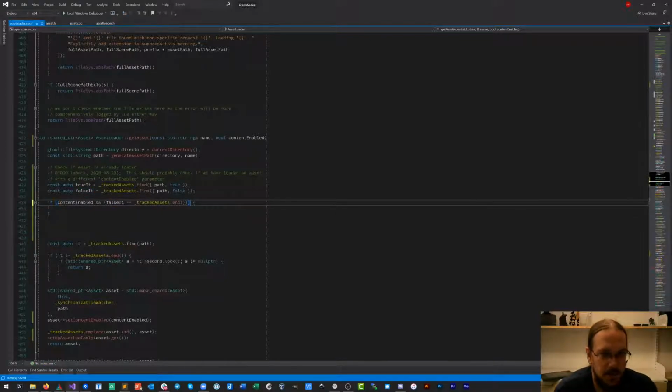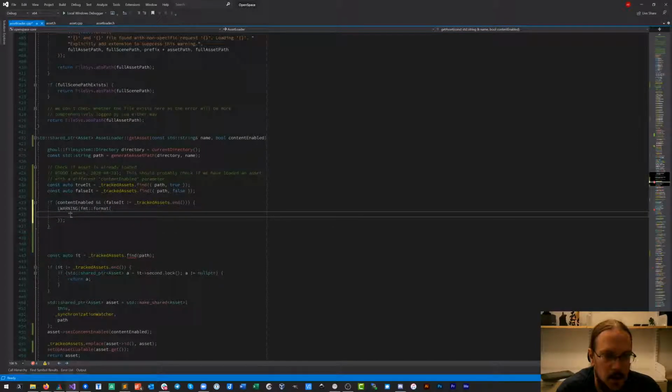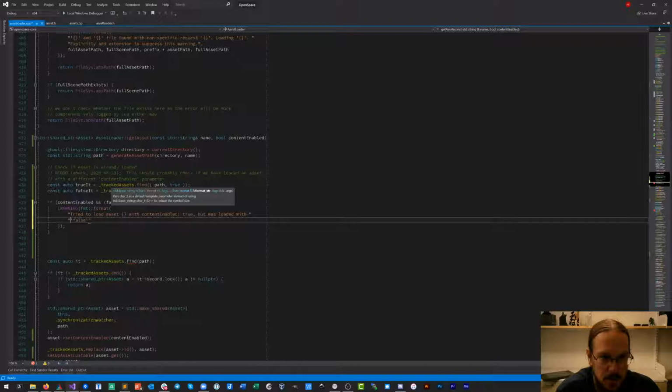Okay, so now if we ask for this asset with content enabled true, but the false iterator is a proper iterator, then we want to warn that we try to load asset blah with content enabled true but it was loaded with false before. And now we're passing in our name.